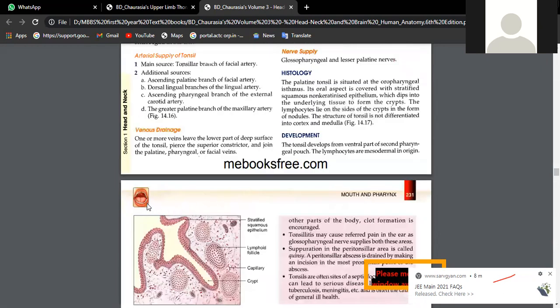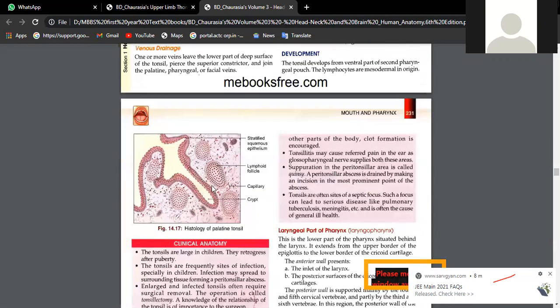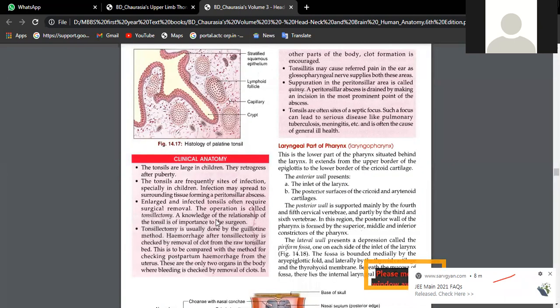And when you want to see the histology, this is one crypt because it is present in the oral cavity. You will see it is lined by stratified squamous non-keratinized type of epithelium. And just surrounding this crypt, underlying that, you will find these are all lymphatic nodules. The periphery of the nodules, you will find darker mature lymphocytes, and central pale area will be there, which shows these are immature lymphocytes. Okay, underlying that, you will find the skeletal muscle. Okay, beta. So that is all about palatine tonsil.